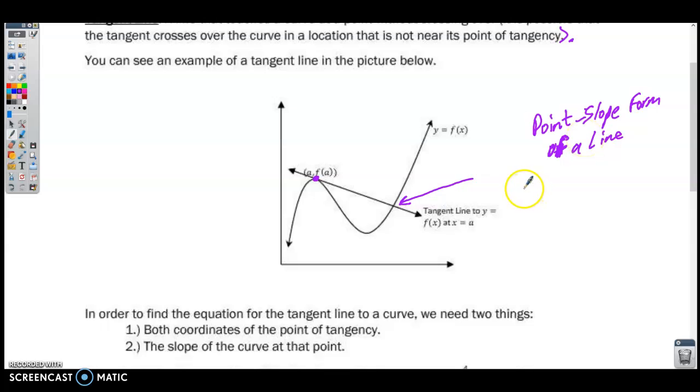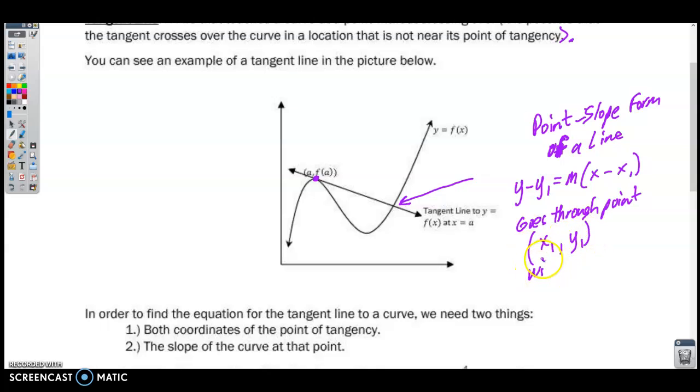Point-slope form is y minus y sub 1 is equal to the slope times x minus x sub 1, where the line goes through the point x sub 1, y sub 1 with slope